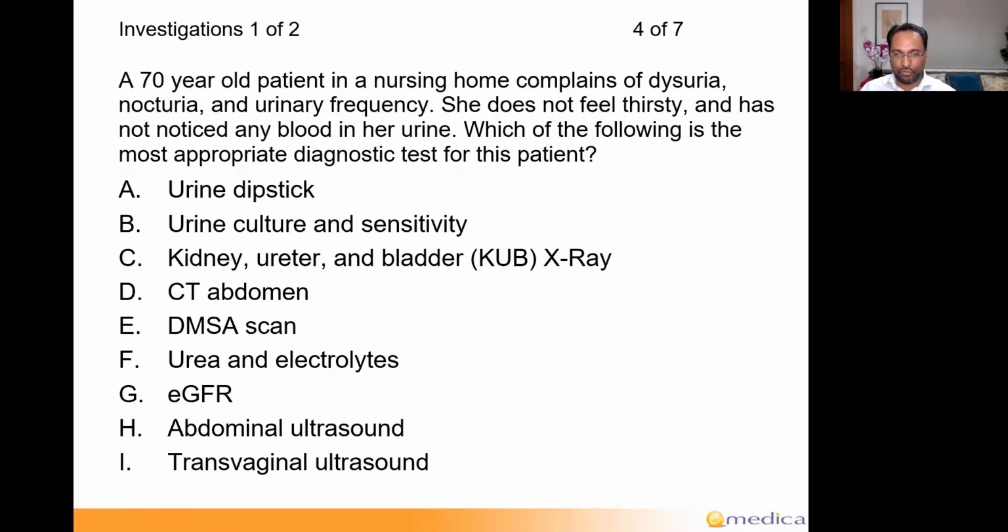You see, in a two-step question, the first step's always very straightforward. They're not trying to trick you or catch you out because that would make it unfair. It's got to be fairly straightforward. Essentially, what we're looking for is, is this a UTI or not? That's what we're trying to diagnose, right?